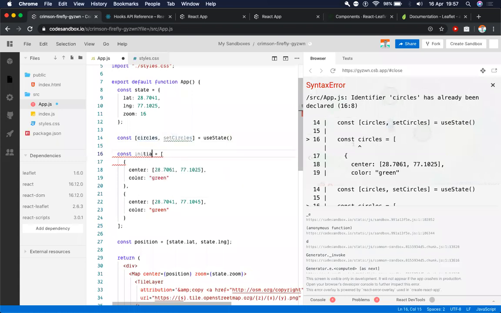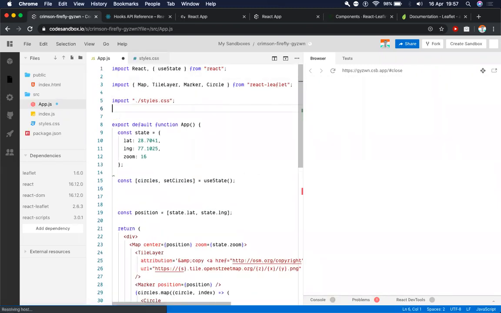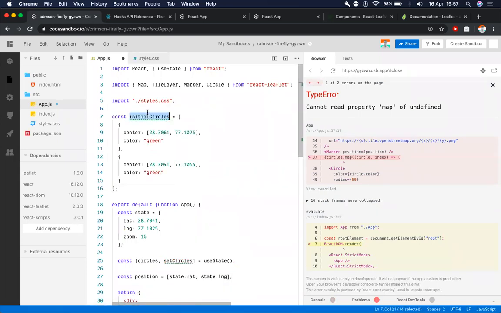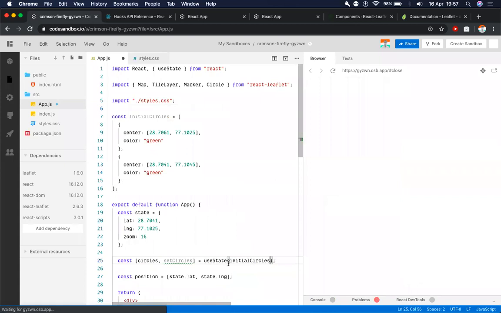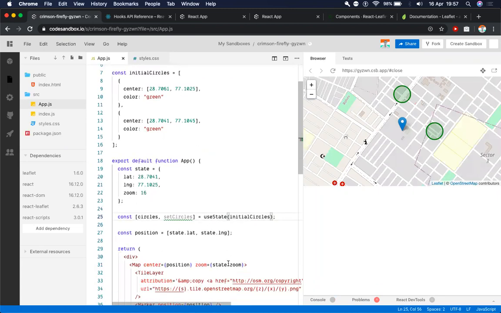So we have defined our initial state here. I'll just rename this to initialCircles. I can move this out of the rendering loop, so let me cut this from here, paste it here, and pass initialCircles to our state hook. The only thing you need to understand right now is that useState is returning a value, which will be the initial value at the start, and we can change that value by calling setCircles, the setState function, and passing another value to it.